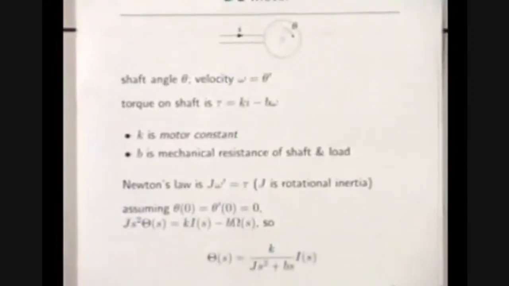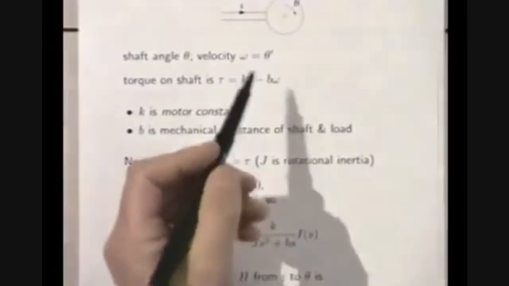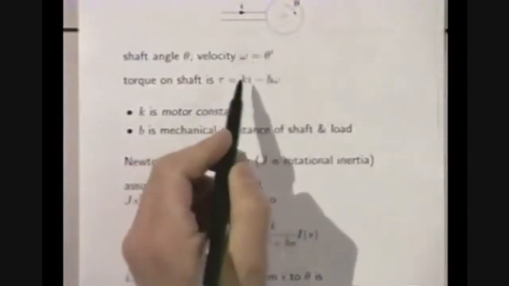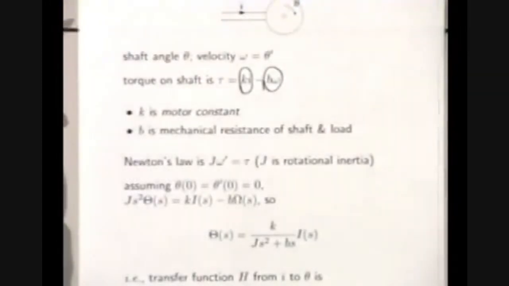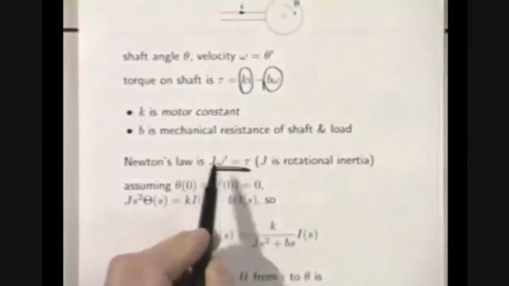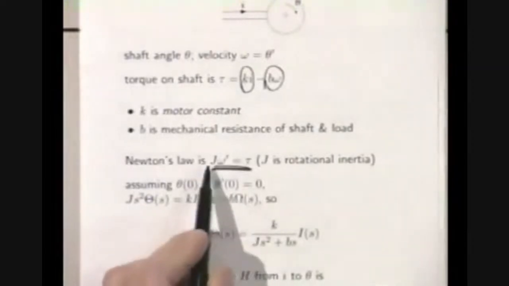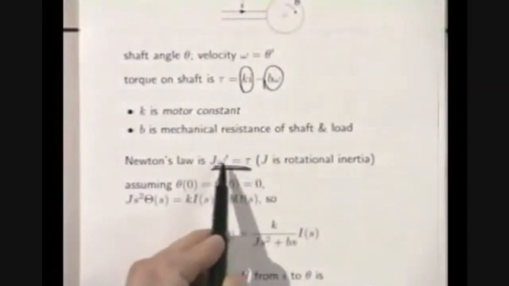So here you'd have a mechanical resistance of the shaft and load, and that might be the total torque on the shaft is the electromechanical torque minus the back torque due to friction. You add that all up, and this is Newton's law. This is just F equals ma, but for rotational systems, it's torque, angular acceleration,